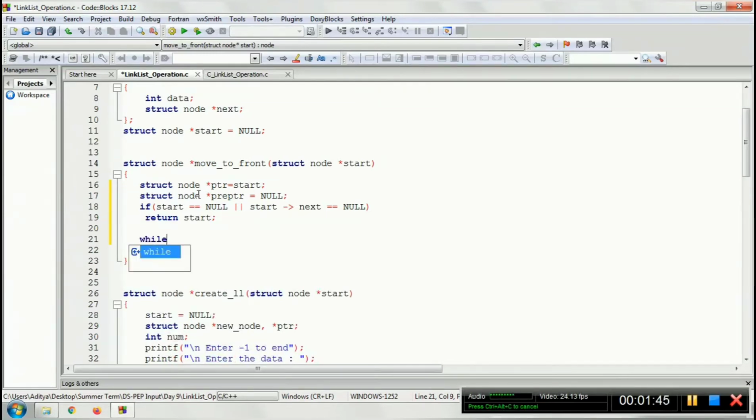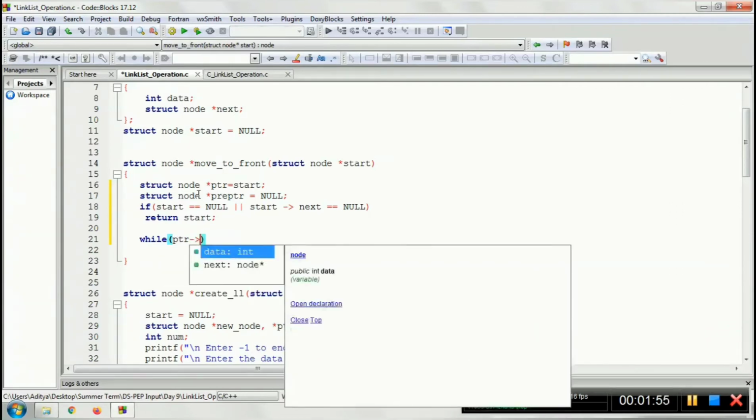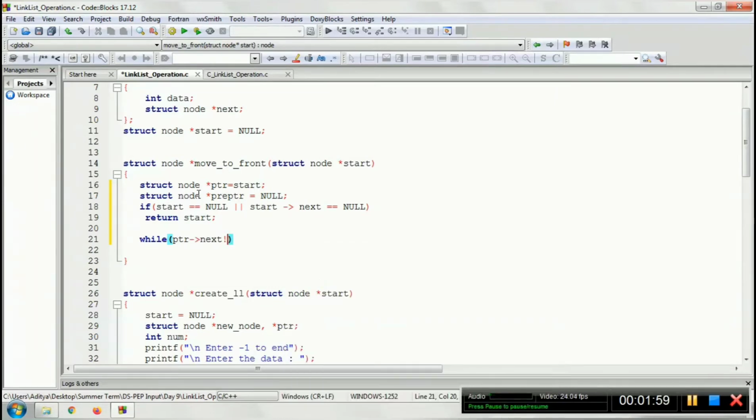Now, we'll continue till the last. So we'll maintain two pointers, PTR and pre-PTR. PTR will point to the last, and whenever this loop terminates, the PTR will point to the last node and the pre-PTR will point to the node before the last. So that is the idea.